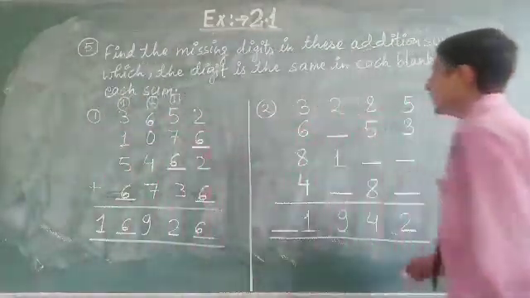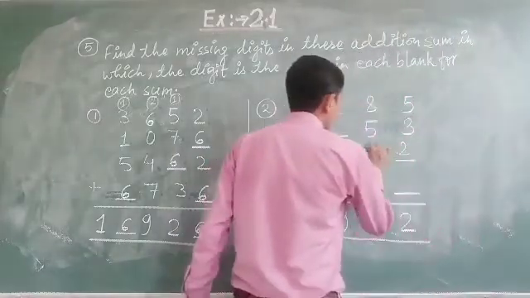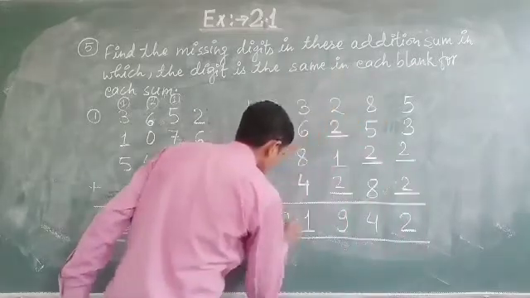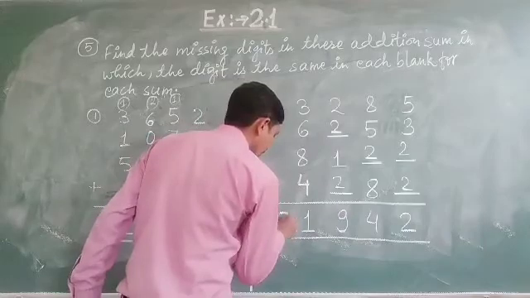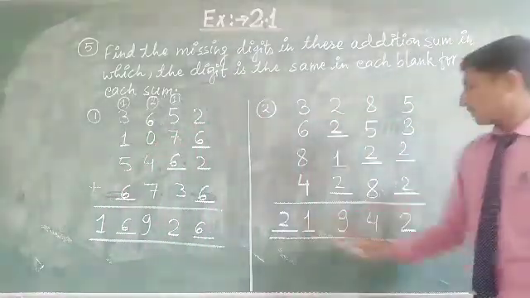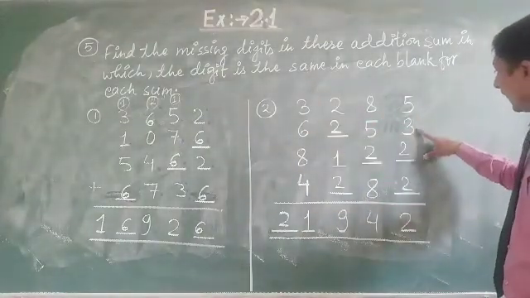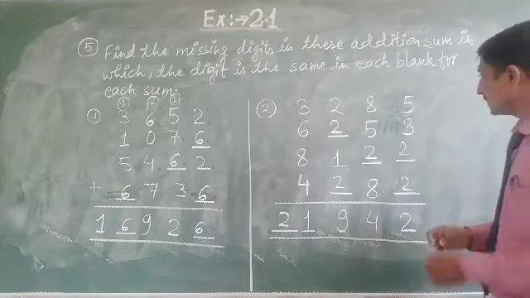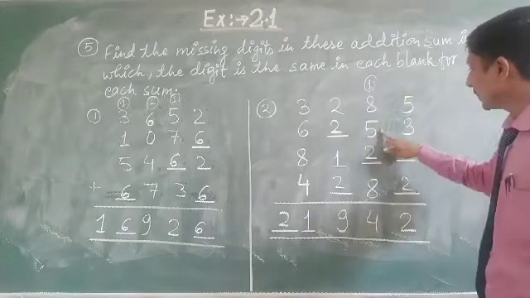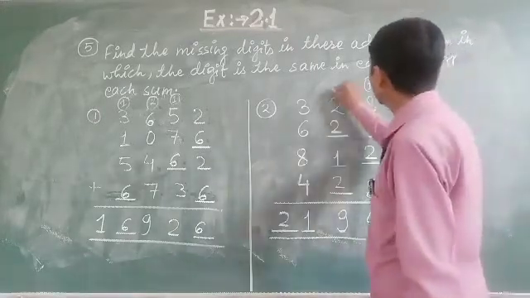Now in the second question we have to use the digit 2. Put 2 in all the blank spaces. We have to use the same digit, so we have to write 2 in all the blank spaces. And now add it, that is 5 plus 3, 8, 9, 10, 11, 12. 2 is here, 1 is carried here. That is 8 plus 1, 9 plus 5, 14, 15, 16. 16 plus 8, 24. 4 is here, 2 is carried here.